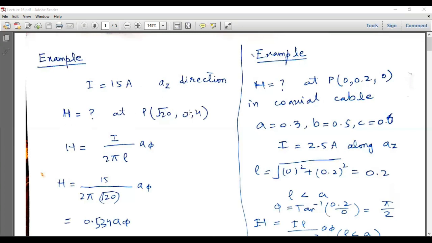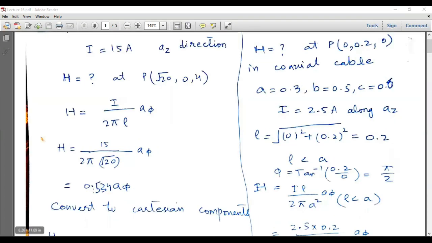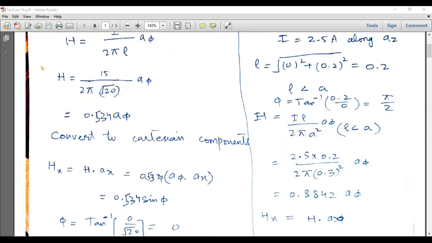So H is to be found at this point, and we know that H is equal to I over 2 pi rho a phi for an infinitely long current carrying conductor or filament, and we can substitute the values of all the terms in this expression. And here rho will be equal to square root of x square plus y square, and y is equal to 0, so rho will be equal to square root of x square, so that will be equal to 20, under root, I is equal to 15 amperes, and the unit vector is a phi. So this is equal to 0.534 a phi, and we have to determine the magnetic field intensity in Cartesian components,